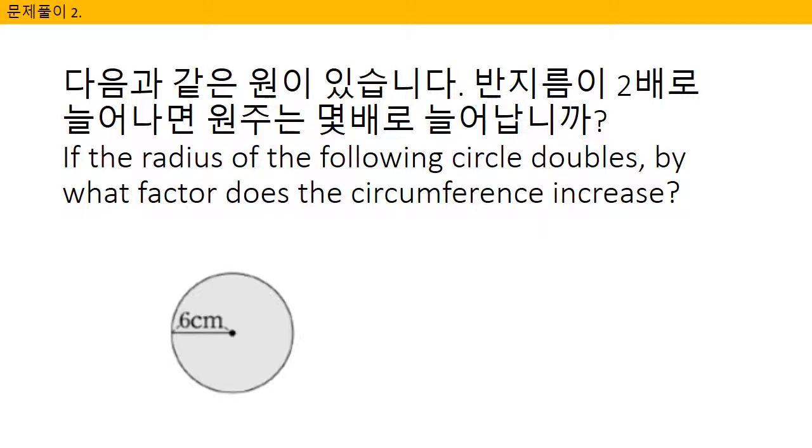If the radius of the following circle doubles, by what factor does the circumference increase? To solve this, we first write down our formula, C equals pi d, or C equals pi times 2r. We're going to find the circumference with the original radius first. So we do C equals 3.14 times 2 times 6, and we get the circumference to be